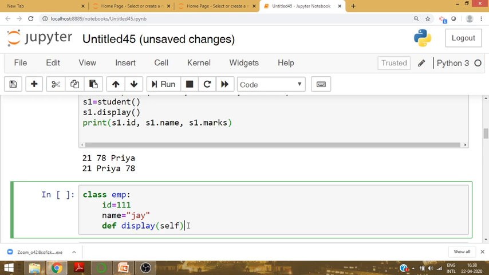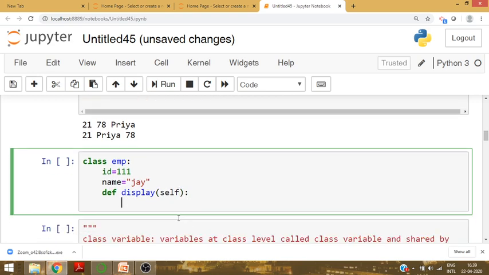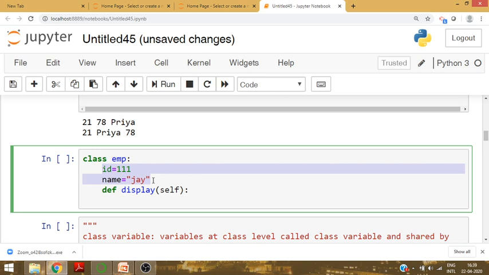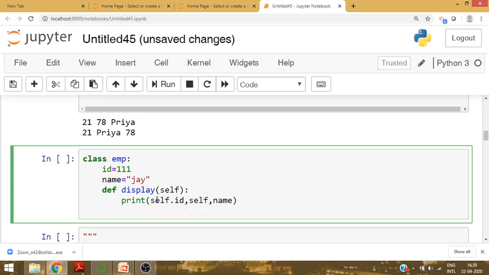Self parameter is used to access the variables inside a class. We write here print self.id, self.name. Now we have completed this class with data members, 2 data members and 1 method.